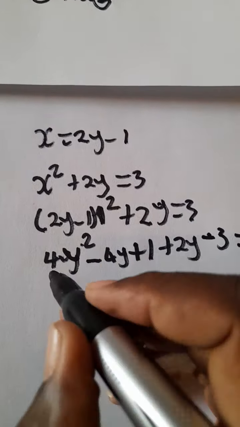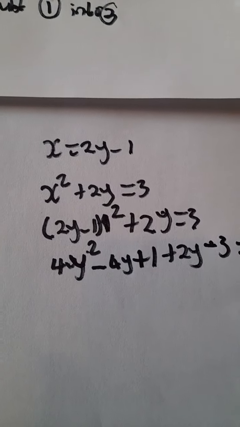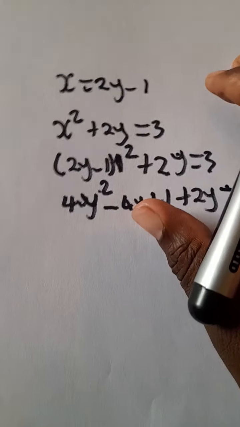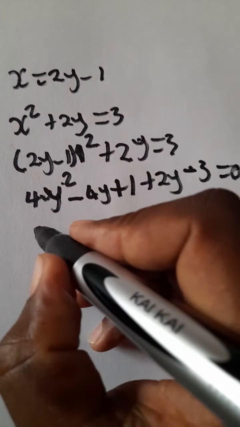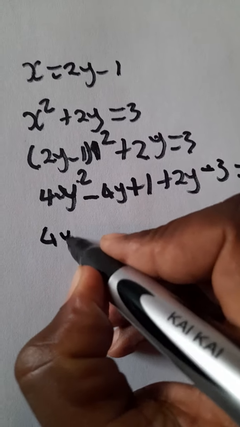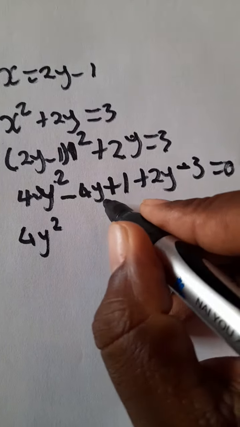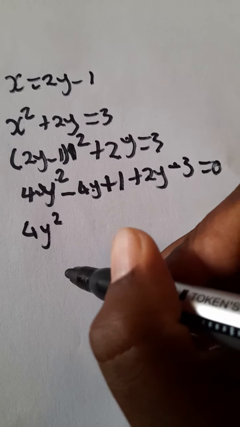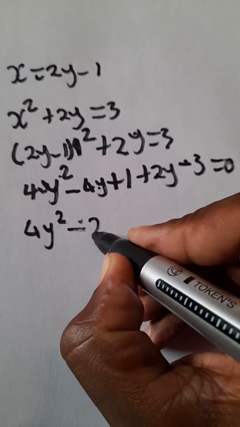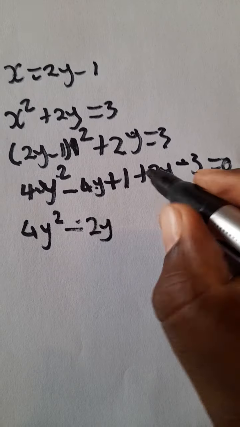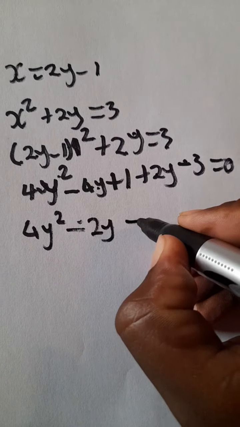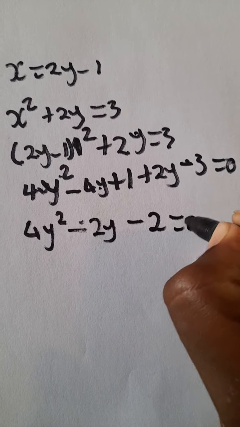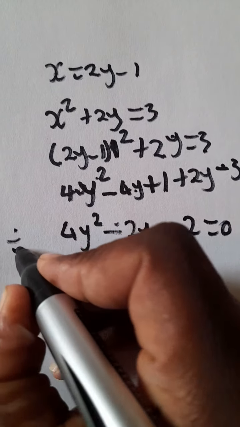So let's rearrange this into standard form. So this will be 4y squared. The like terms, negative 4y plus 2y, it's the same as negative 2y. Yes, be very careful with your integers. 1 minus 3, that will be minus 2, equated to 0. We can divide by 2 to make this